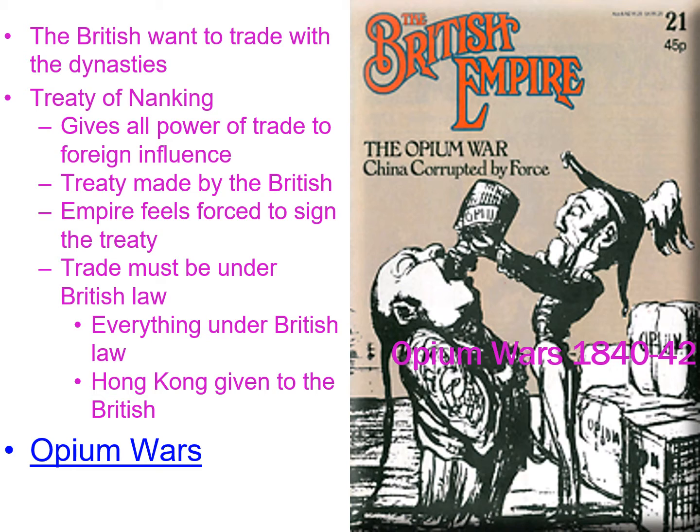Now, with the British, as we looked at with the British Empire, especially with the Opium War, the British did want to trade with the various dynasties, but the British really didn't care what dynasty it was. All they cared about was getting the best deal. But the British definitely were not above meddling and interfering with whatever governments were there so they could get the best deal. As an example, at the Treaty of Nanking, the Chinese emperor, the Dragon Emperor, and actually